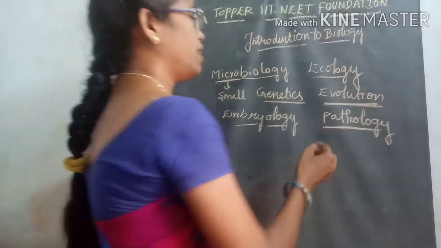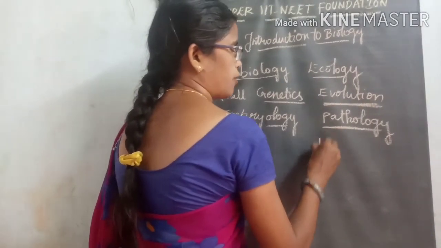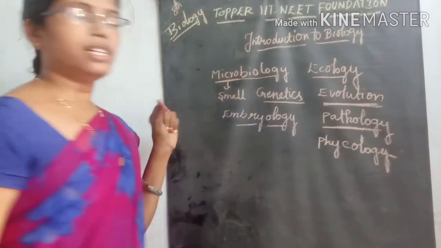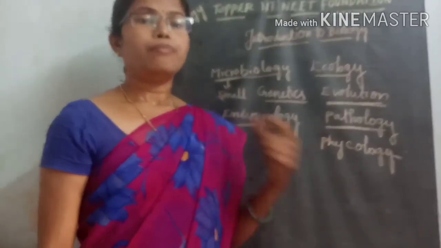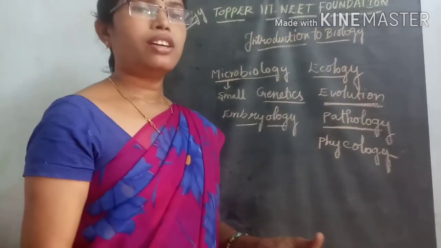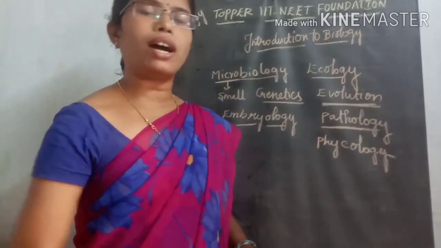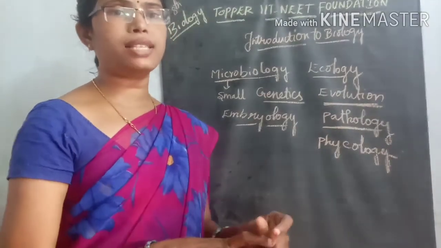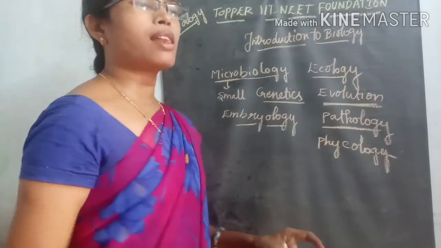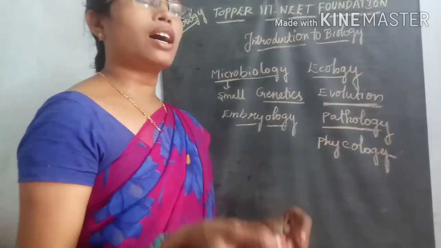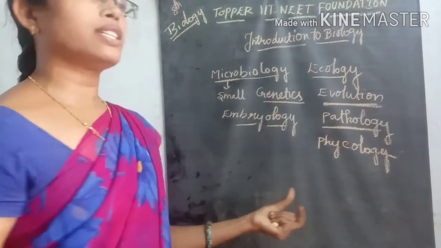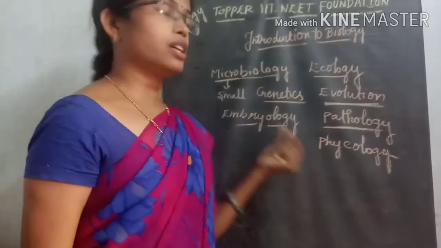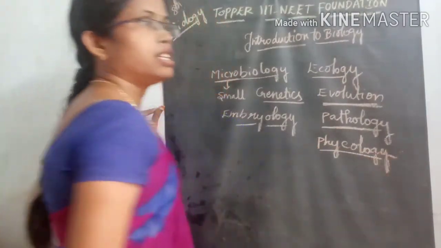Then coming to another one, that is called phycology. What is the science called phycology? Phycology means nothing but the study of algae, the green portion present in stored water. For example, in a pot or a tub, if you store water for some days, after some days some algal growth appears. The science which deals with that green plant material comes under phycology.